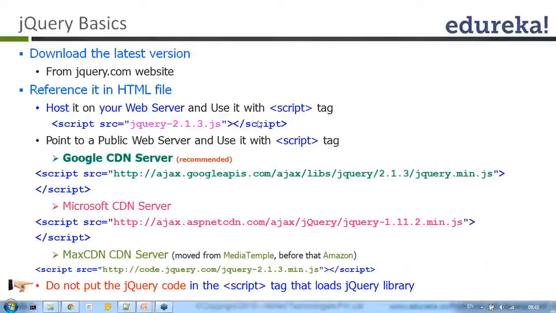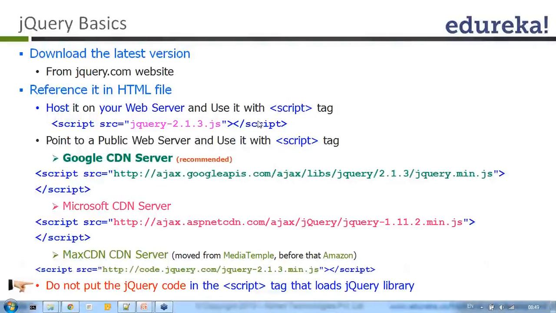Note that this jQuery file, even the min version, takes about 84 kilobytes. Those 84 kilobytes have to be sent to the client by your web server. That consumes computing power on your web server, and also bandwidth, probably 84 kilobytes per user. So rather than wasting your bandwidth and computing resources,